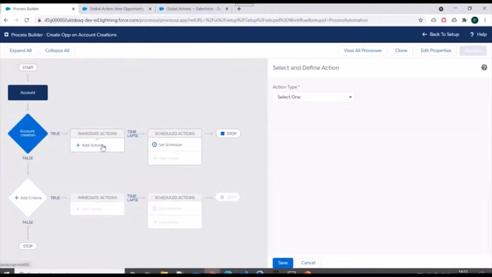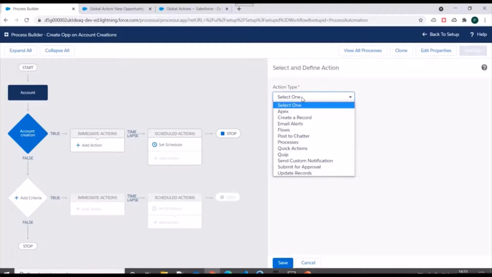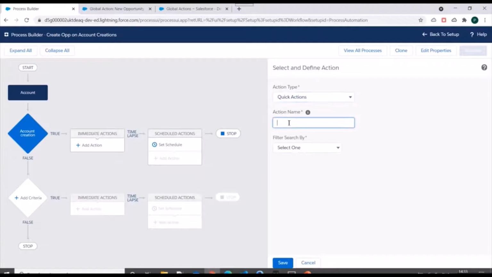Then we will go on to add an action. For action type, we have to select quick actions. We'll have to name it, so we'll name it create opportunity. Here we need to select the type of quick action. We have two types, global actions and object specific, right? For now in this video we'll select global actions.